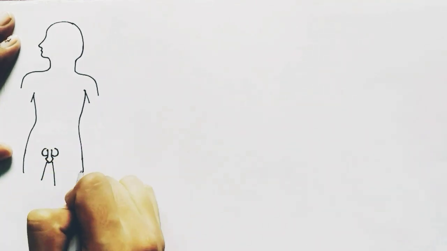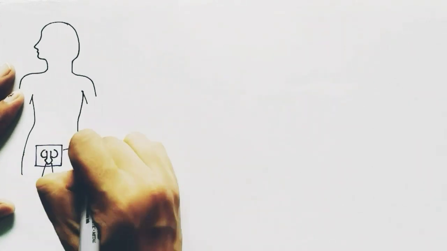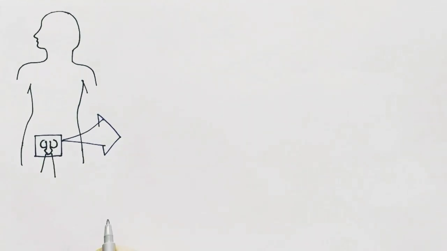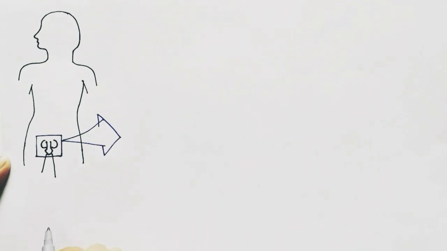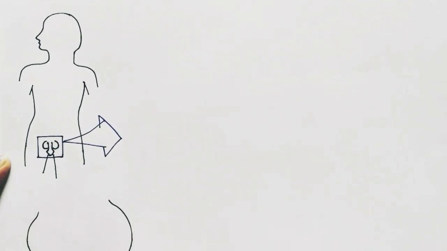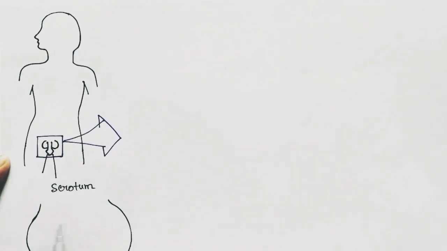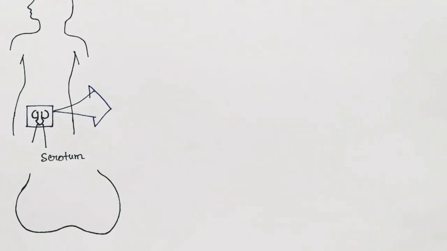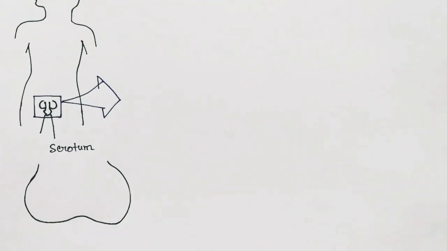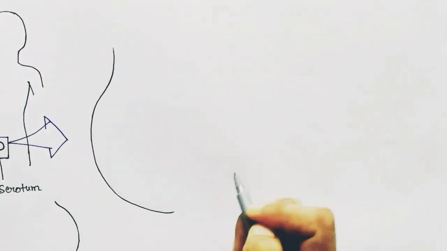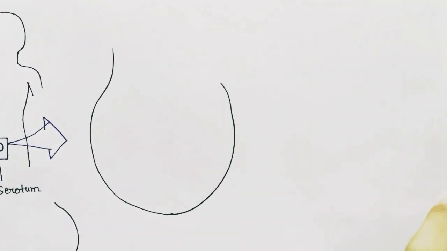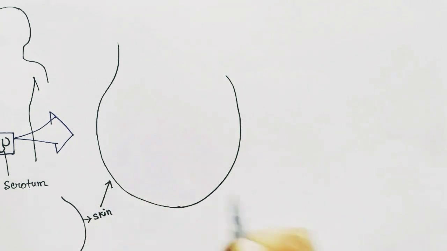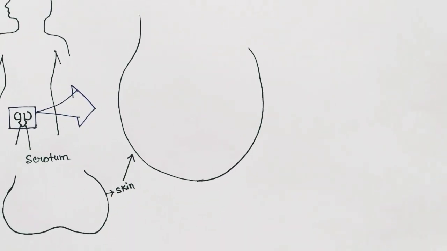In this video, we are talking about the male reproductive system. The external sex organs of the male reproductive system are the penis and scrotum. And inside the scrotum reside the testes. The scrotum is a sac-like structure. There is only one scrotum present in a male body, and this one scrotum contains two compartments in which two testes are present.